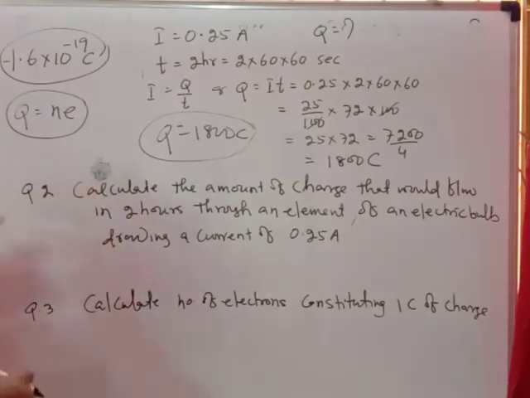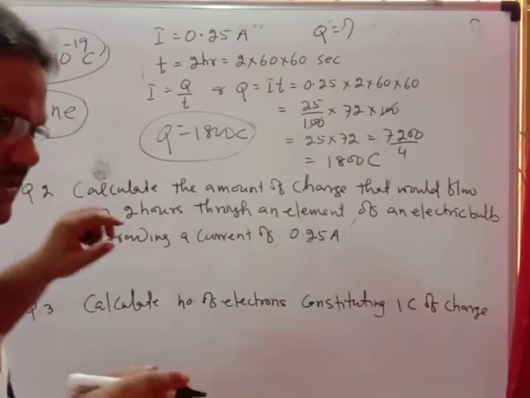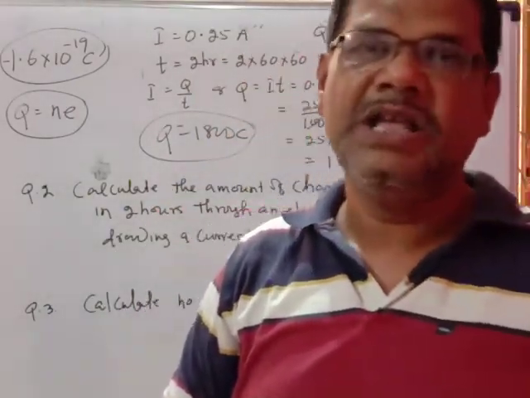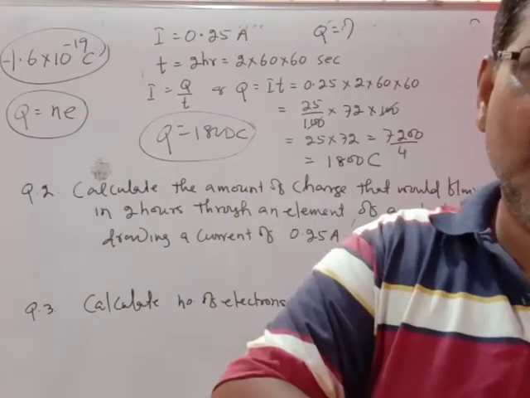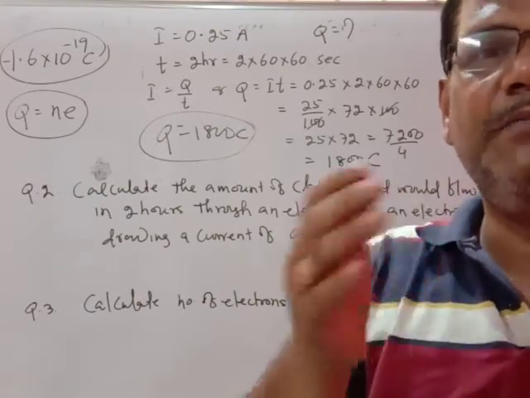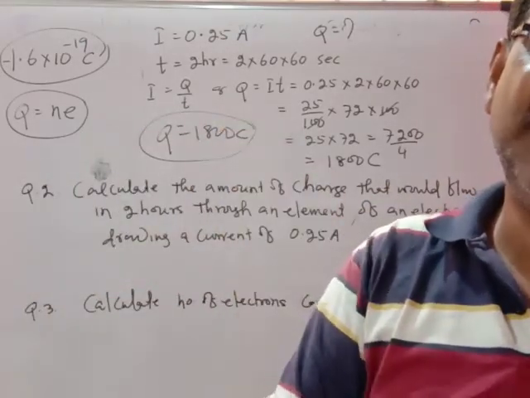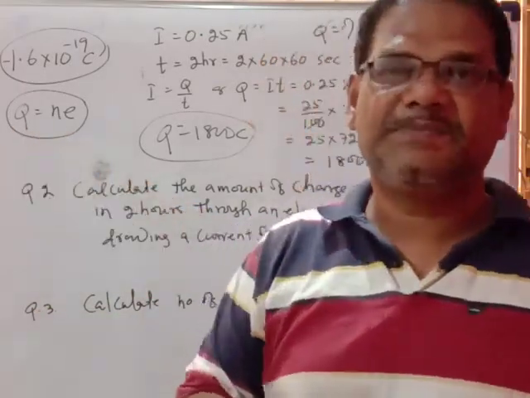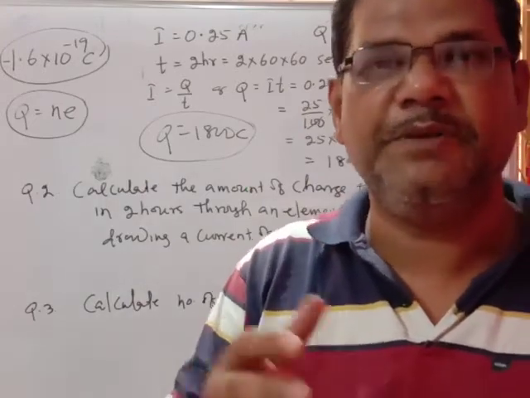Because one electron is taken, then 1, 2, 3, 4, like that N electrons are taken, the body holds Ne amount of charge. So we can charge the body by giving or taking out electrons in integral numbers. An integral number of electrons can be taken out or added to the object. That is told as the quantization of charges. Charges cannot be expressed in fractional form. They appear as an integral multiple of the charge of the electron.